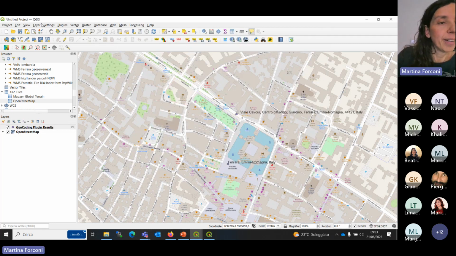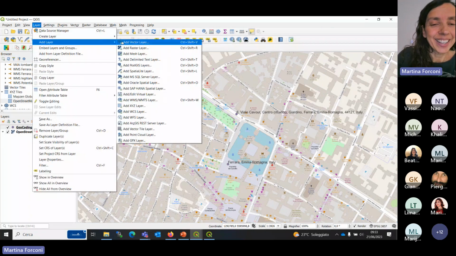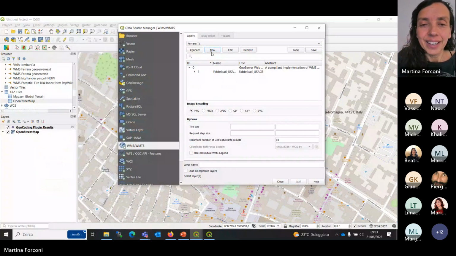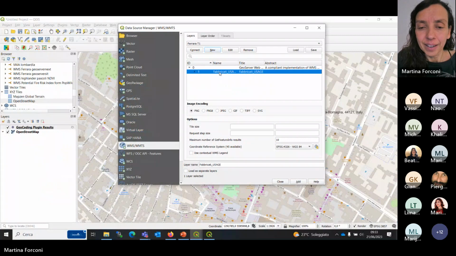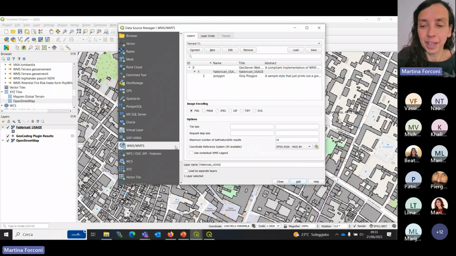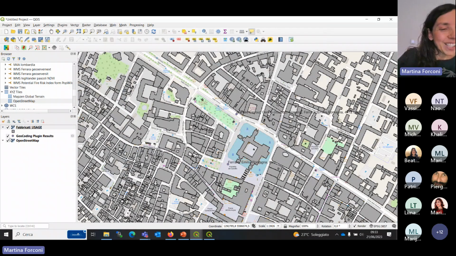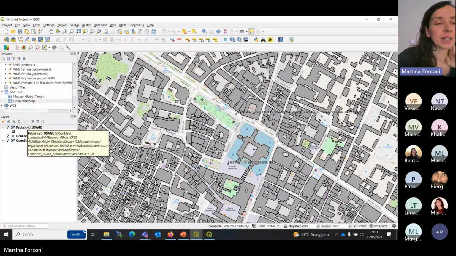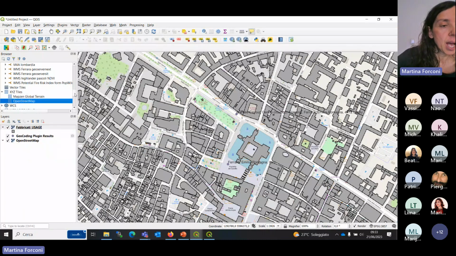You can click on add. Thank you, Giorgio. So you see this layer with our buildings from the usage project.